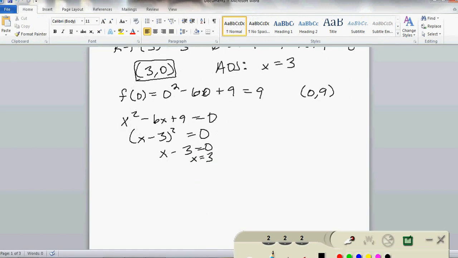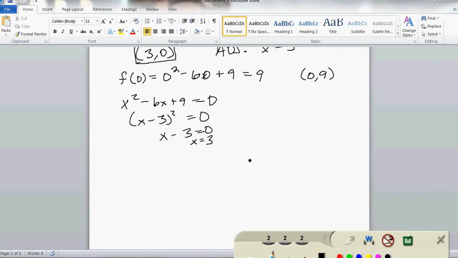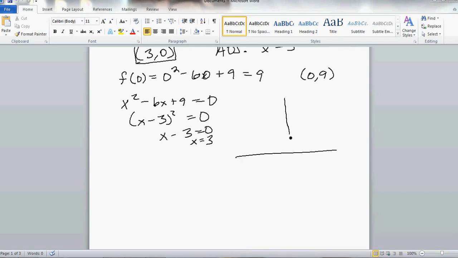But now we're actually ready to graph it. And so what we get is we know at the point 3, 0, there is the vertex. The axis of symmetry is x equals 3, so we can just draw that, and it's going to reflect around that. It's going to be symmetrical about that. We know at 0, 9 there's an intercept over here, and since it reflects, we know over here there's going to be another point, and then we know this whole thing is going to be a parabola,